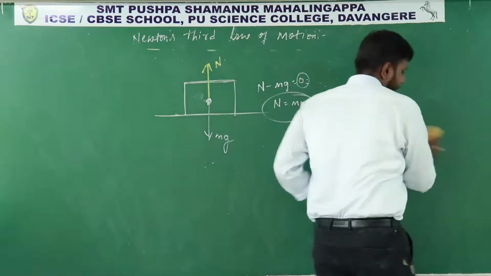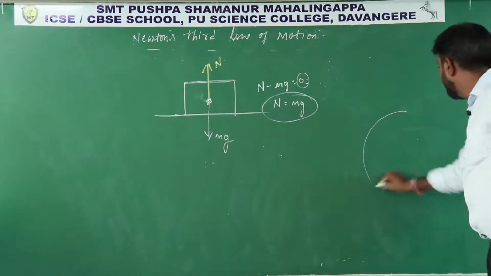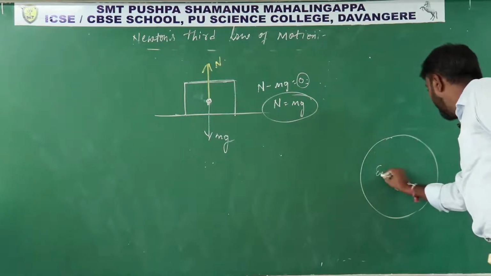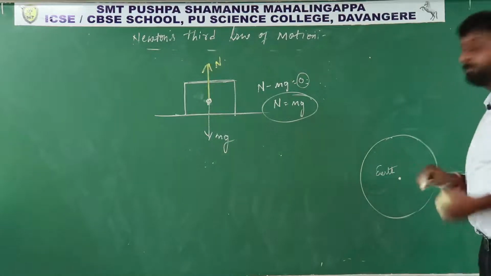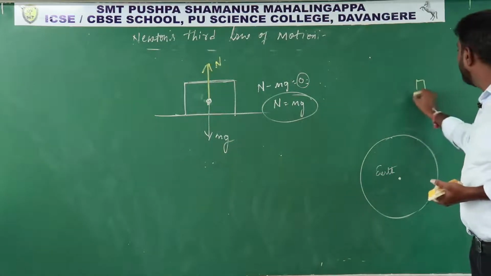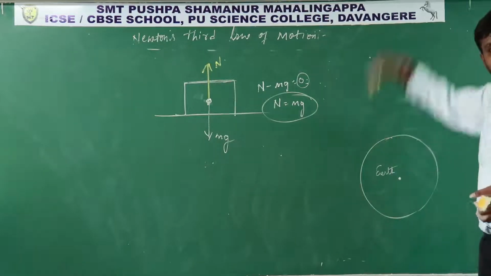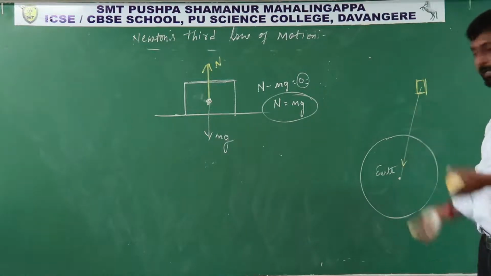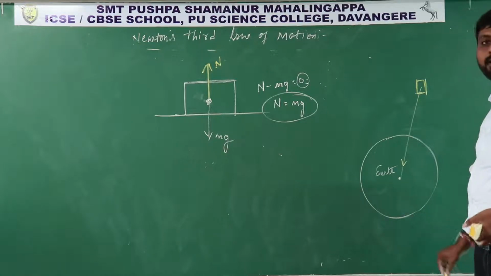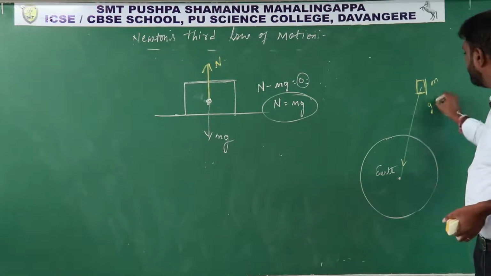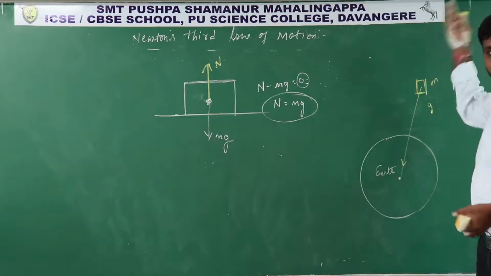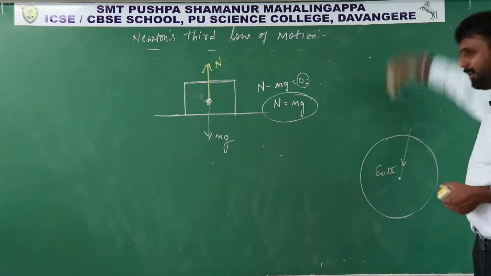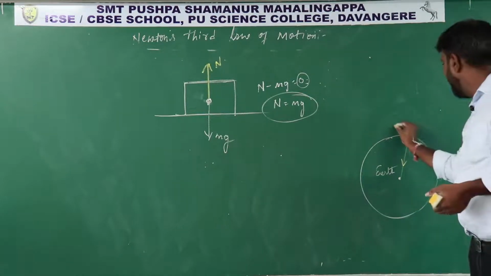Let us consider an earth. This is the center of the earth, and you know that any object placed on the surface of the earth, or above the surface at some height, is attracted by the earth towards its center. Its mass is m and the acceleration due to gravity is g, so even if you place it above the earth, not at a very great height, its weight is mg.